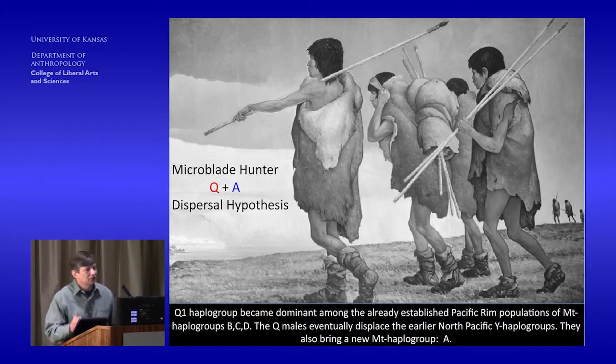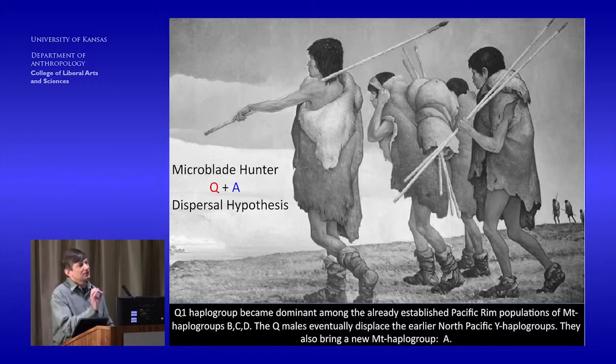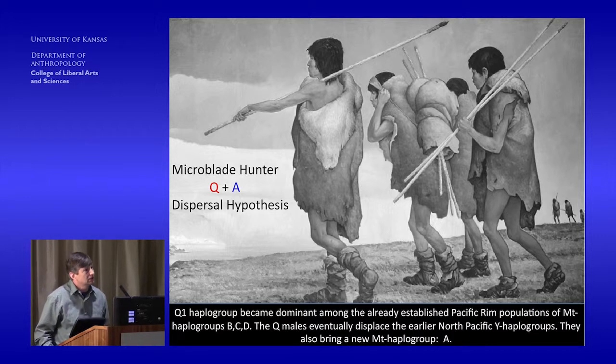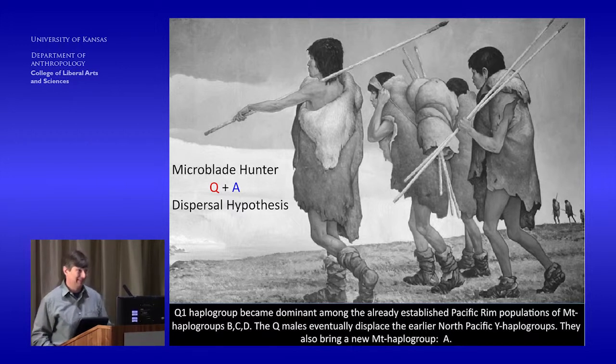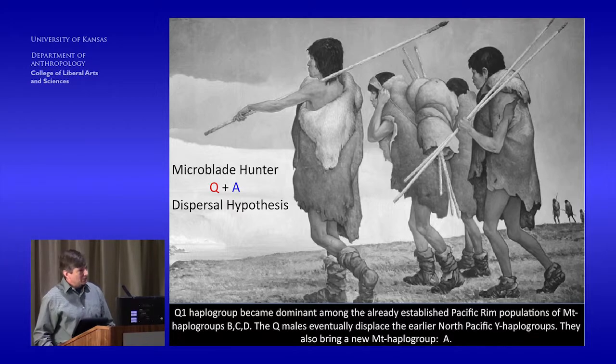And this microblade hunter Q plus A dispersal hypothesis, for want of a better name you could call it, would show what was the first really major revolution that happened in North Asia, and that was the spread of big game hunters using microblade technology. And these people were so successful they didn't need the Mongol cavalry, they had the microblade, and that was what allowed them and the males as well as females